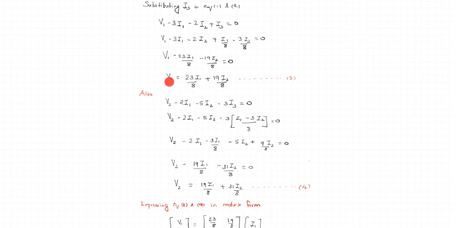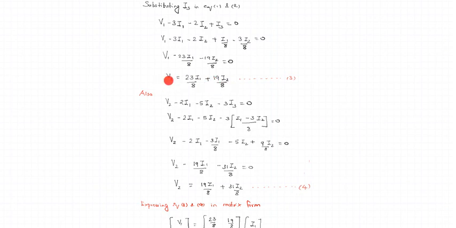We are interested in finding the Z parameters. When we intend to find the Z parameters, we should have equations relating the voltages in terms of currents. So we need an expression wherein V1 is associated with both the currents I1 and I2, and V2 is associated with both the currents I1 and I2. Equations 3 and 4 are put in a form wherein we satisfy the equations of the Z parameters. So this is the standard equation of a Z parameter.